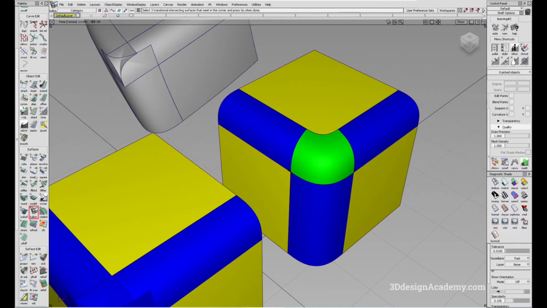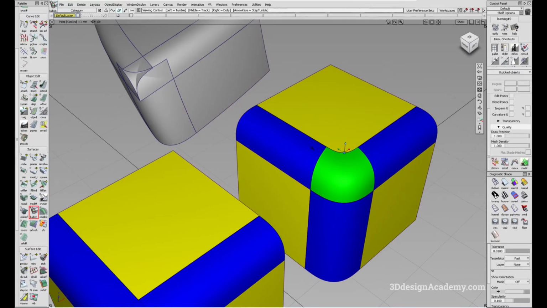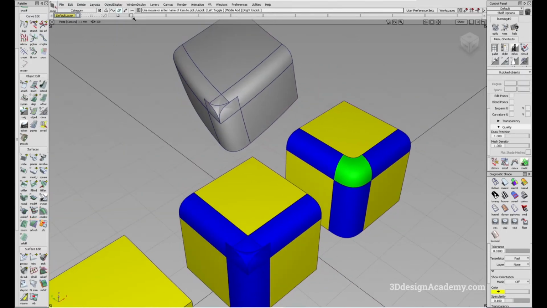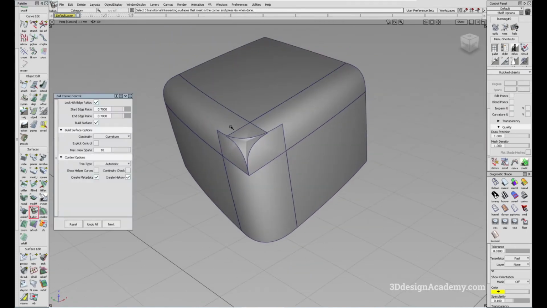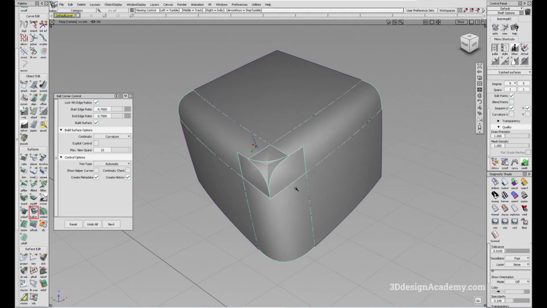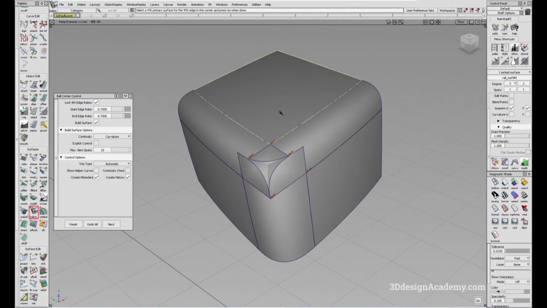So you got 1 edge over here, 2 edge over here, or 2nd edge, 3rd edge, and 4th edge. So basically it's telling you to select the surface that you want the 4th edge to be. So let me just go back over here, and I'm going to click on the ball corner tool. I'm going to click on 3 transitional surfaces. I'm going to say go, and I'm going to select the 4th one, and I'm also going to say go